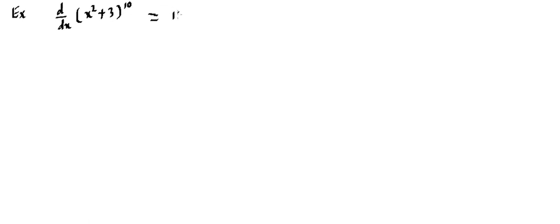So as per the power formula, power will come outside, and whatever is inside we will keep that there, and this will become 10 minus 1. So that's 10 minus 1 as a power, but we need to multiply with the differentiation of whatever is inside, that is basically x square plus 3. So that will be simplified to this, it will become 10 x square plus 3 raised to power 9,